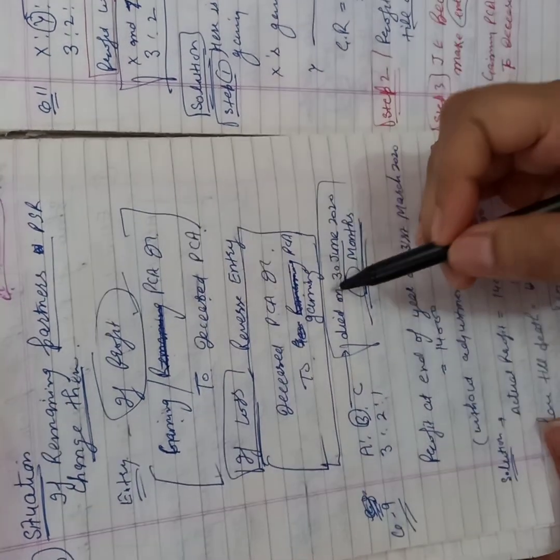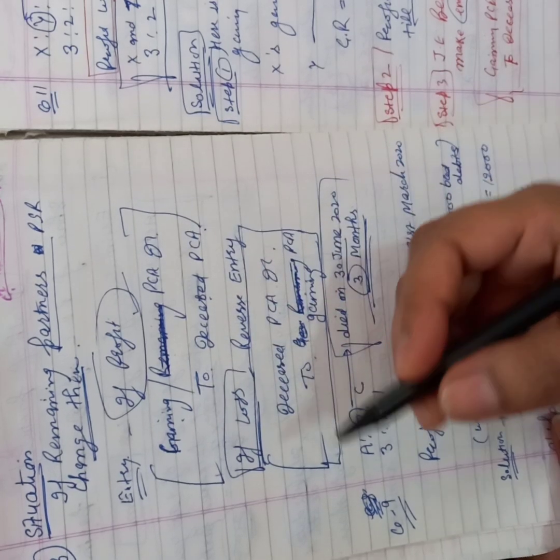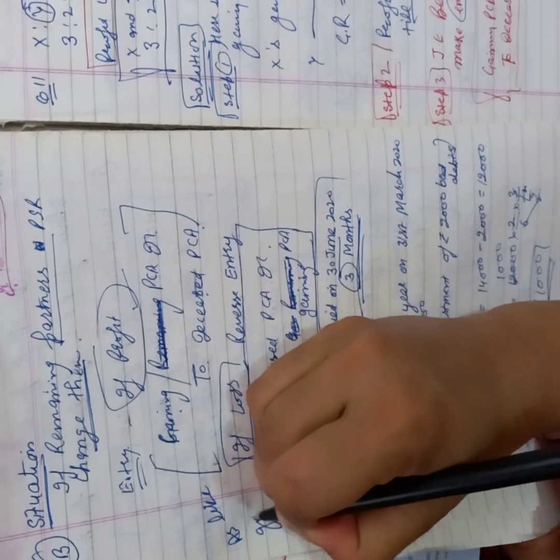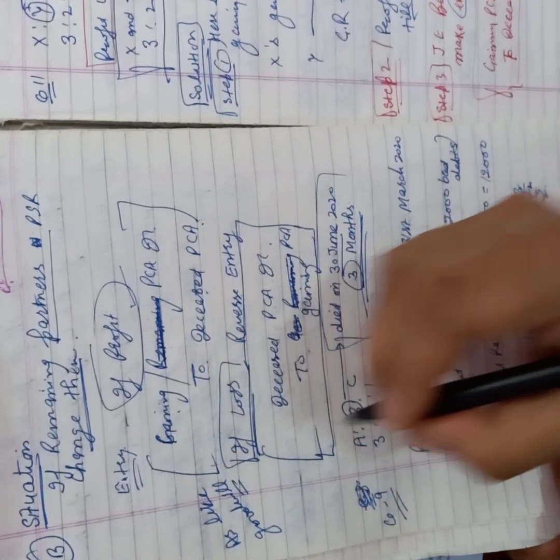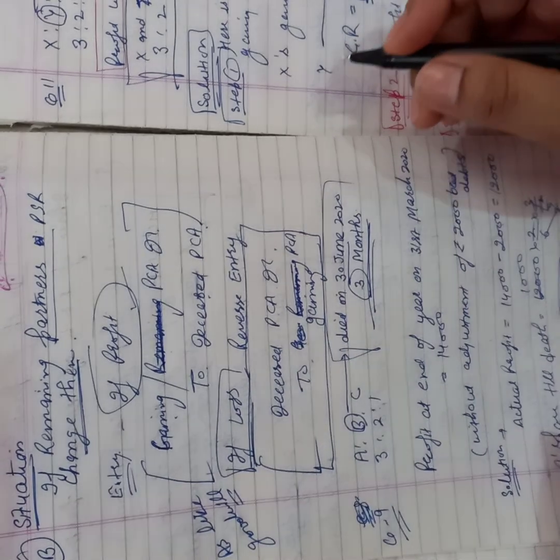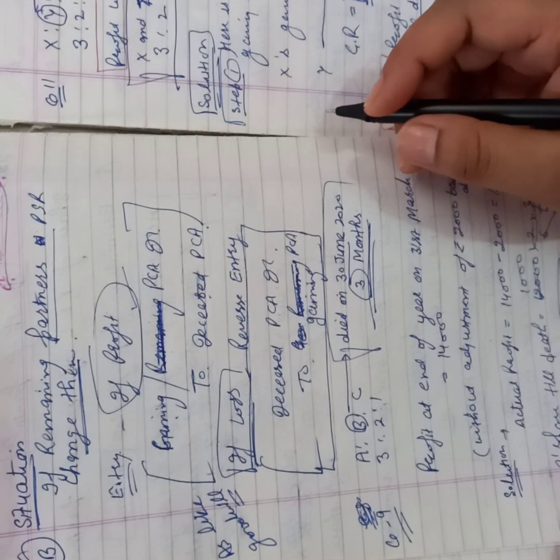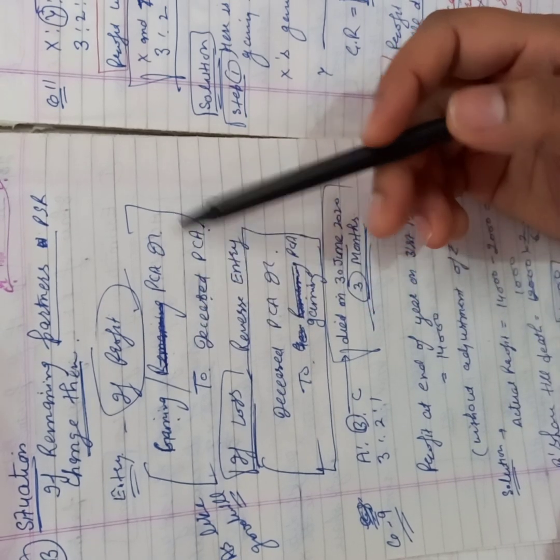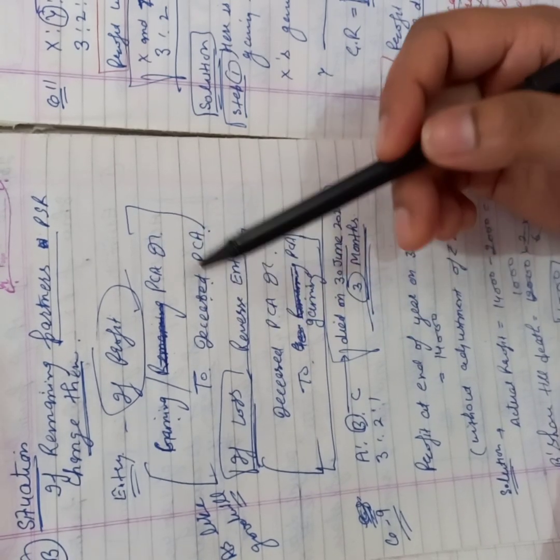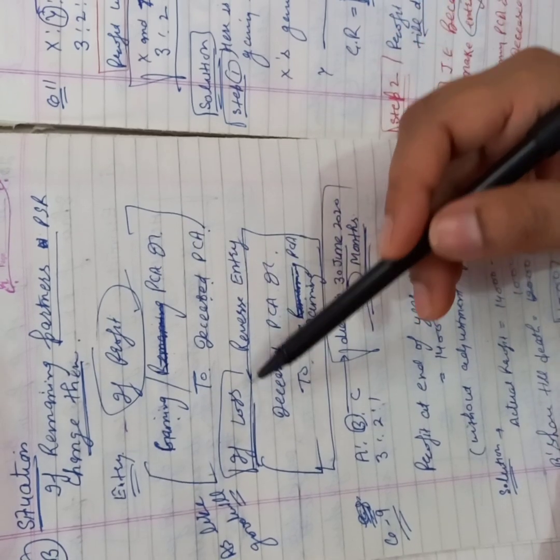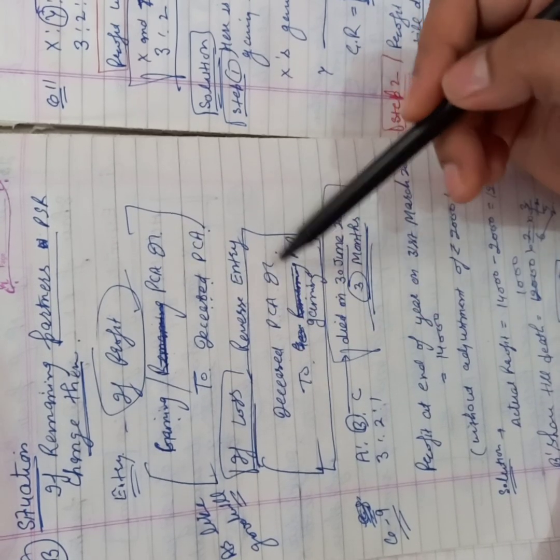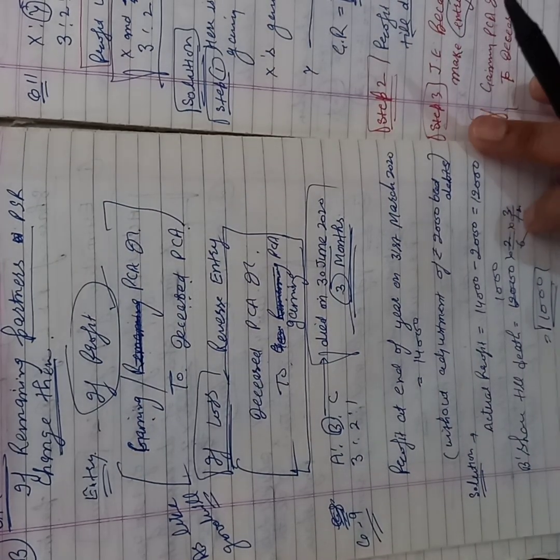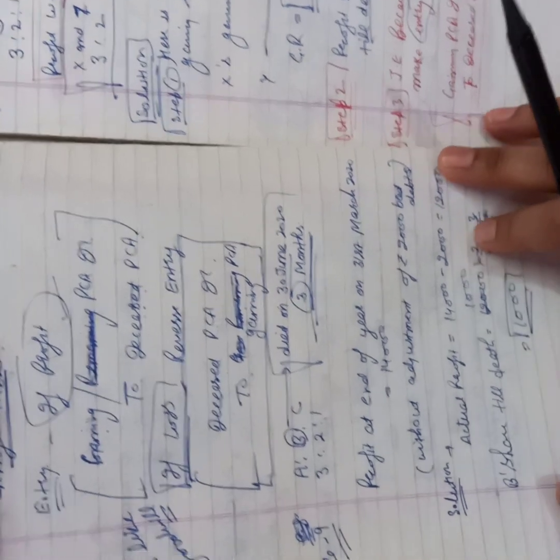Deceased partner's capital account debit to gaining partners, means this entry is like goodwill entries. This is like the goodwill entry which we pass in all chapters: admission, change in profit sharing ratio and retirement also. So normally we are doing the entry gaining partners' capital account debit to deceased partner's capital account if it is a profit, but if it is a loss, then this entry will be reversed, deceased partner's capital account debit to gaining partners' capital account. Now we will discuss some numerical examples related to these situations.